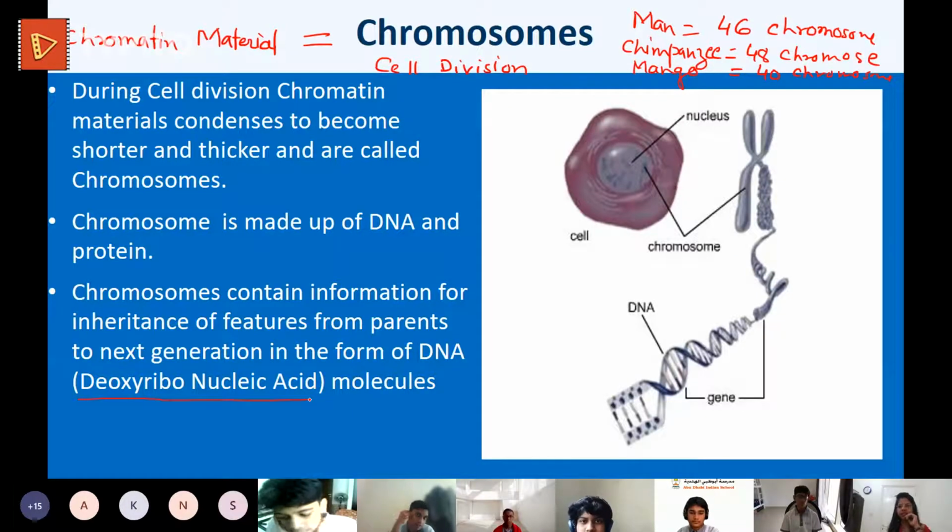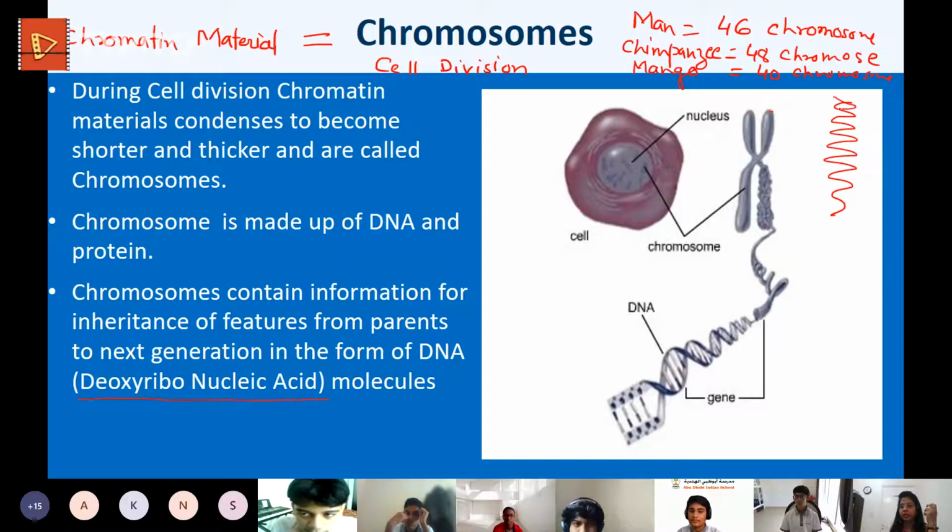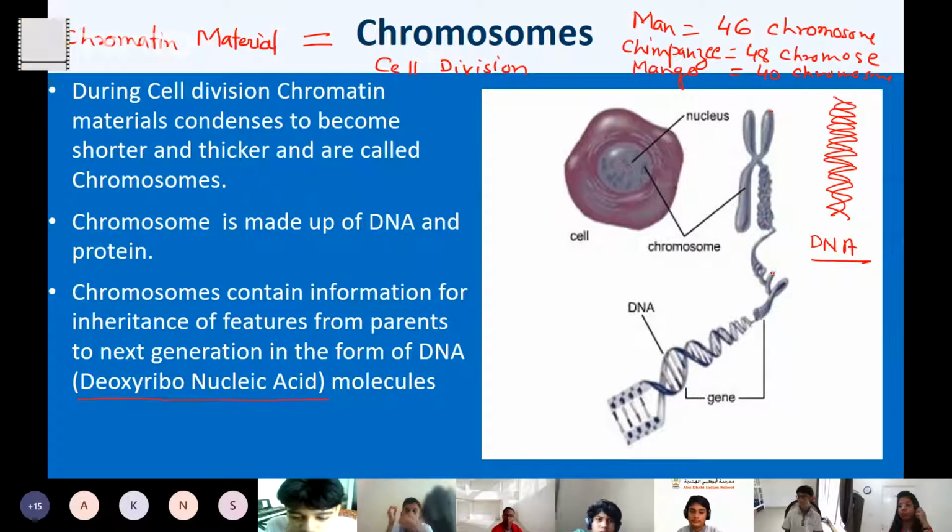The chromosome, from top to bottom, is made up of DNA. Now, how does DNA look? DNA is spiral shaped, with two ribbons running parallel to each other and crisscrossing each other at certain points. This is the structure of DNA. It's a very interesting structure. For the discovery of this structure, two scientists, Watson and Crick, got the Nobel Prize. So the chromosome from top to bottom is made up of DNA.